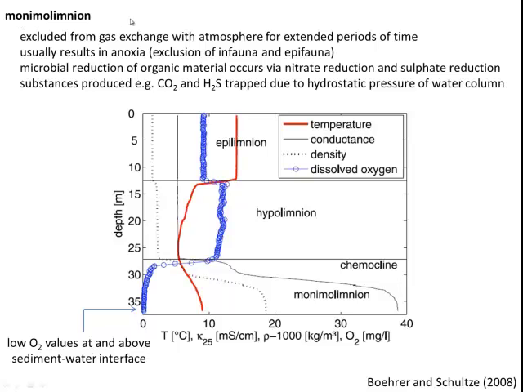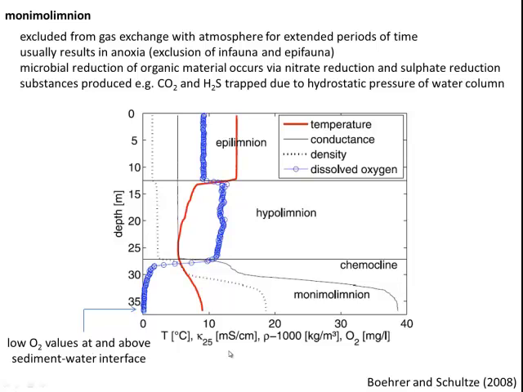So this monimolimnion is excluded from gas exchange with the atmosphere for extended periods of time. Underneath that, in the sediment column, is where we're most likely to build up our continuous record of sedimentation with no overprint. The fact that you've excluded this monimolimnion from any gas exchange with the atmosphere means that very rapidly it becomes anoxic typically, and you exclude not just infauna from bioturbating the sediment, but epifauna from living on the